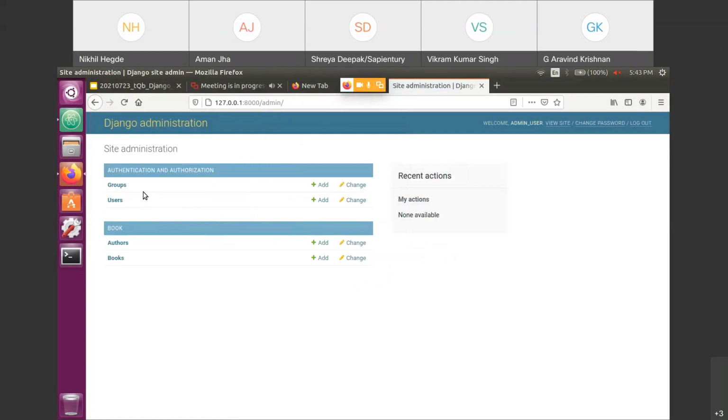As I explained before, there are two tables created by Django by default, which are users and groups. These are not created by my side, they are created by Django itself. And the tables that I created from my side are here: you can see authors and books. Now I will show you what happens if you don't register your model.